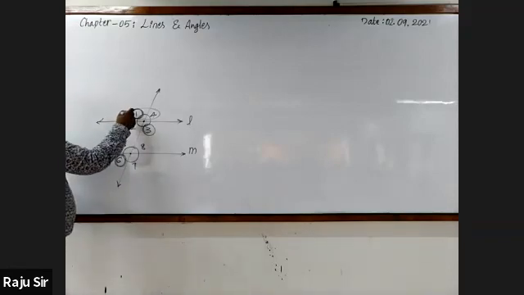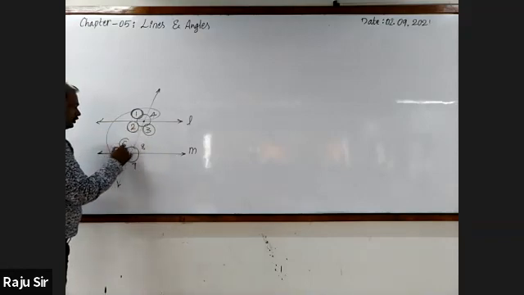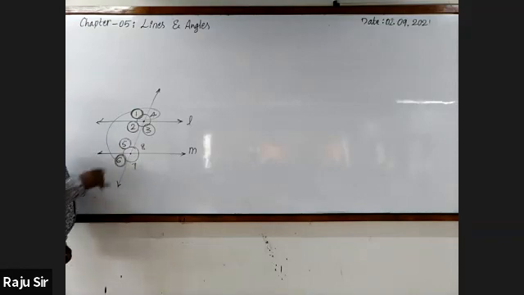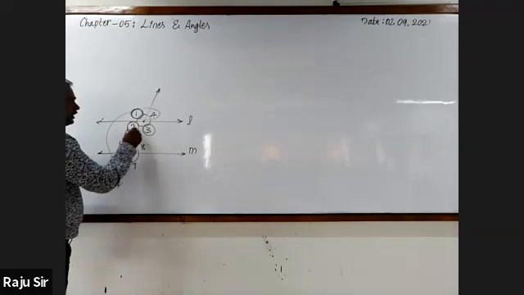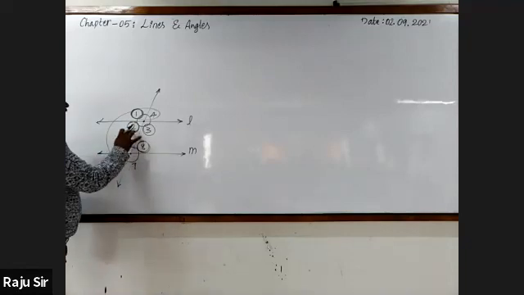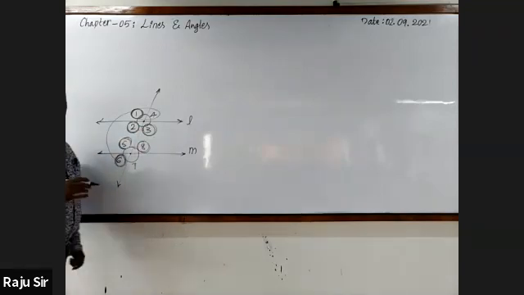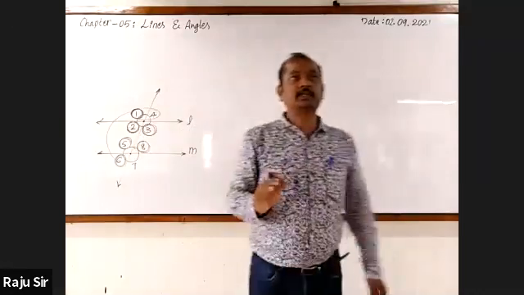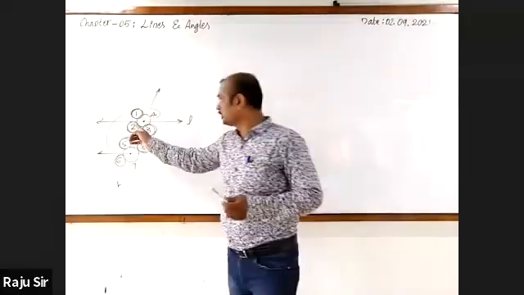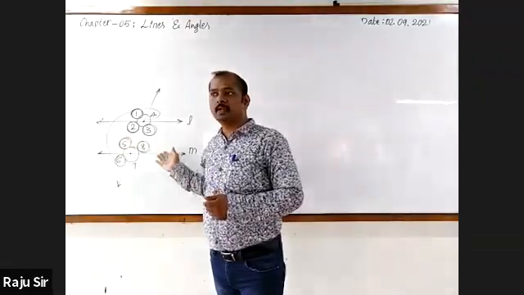Co-exterior angles. What is the sum of these two? 180 degrees. What do you say about angle 2 and angle 5? Co-interior angles, their sum is 180 degrees. Angle 2 and angle 8 are alternate interior angles. 3 and 5 are also alternate interior angles. What do you say about alternate interior angles with respect to parallel lines? They are always equal.